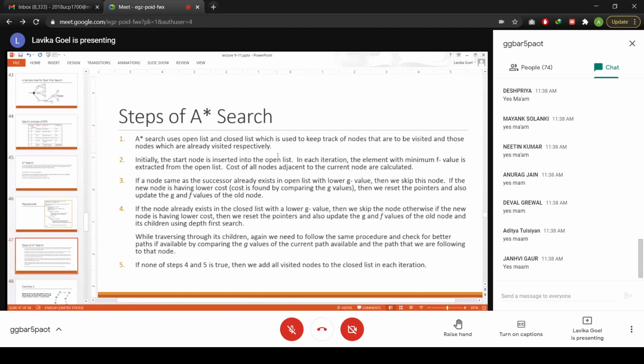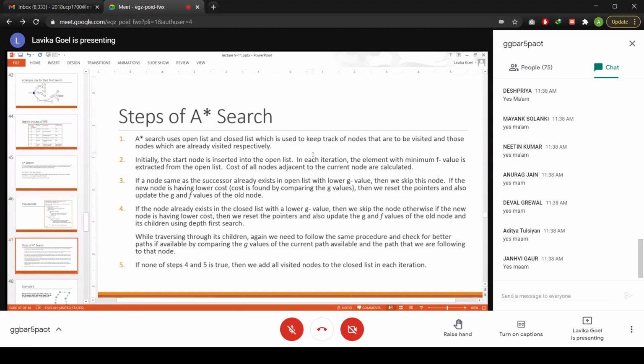Fine. So we expand that minimum F value node, generate its children and add them to the open list. Now the open list gets updated. Then you again choose the best one from the open list with the minimum F value and designate it as the best node. You keep on updating your open list every time, selecting the best value and moving on. And whichever node has had its children generated, you keep moving it to the closed list. So this is the normal procedure which we follow.